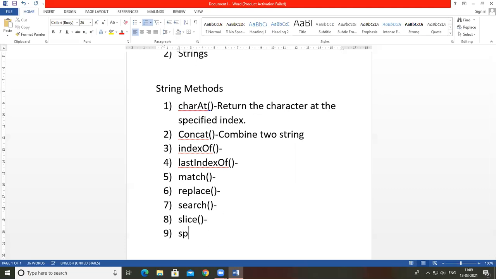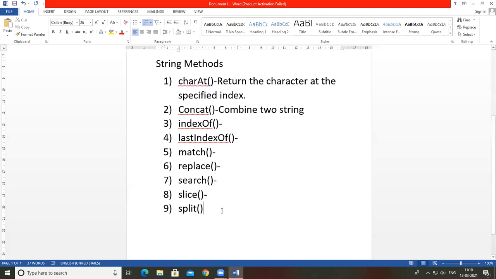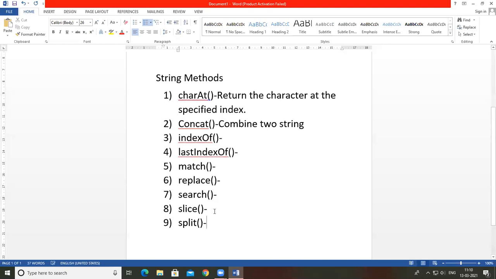Then another one is split. Sorry, by using slice, it can divide the string or extract a string section. Suppose I want to slice, this part is deleted. In split, it divides this string in two parts, so it creates two separate strings. By mistake, I was saying the split function for slice.